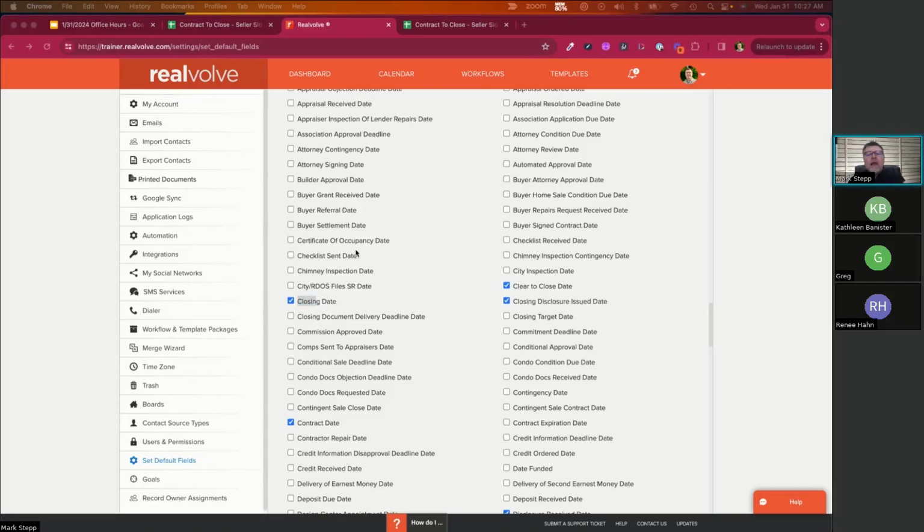If you have dates that aren't checked but are used in your workflow, whenever you start that workflow, it will go ahead and add that date field into that transaction for you automatically, because it knows it needs it. If it knows it needs it at some point, whether you fill it in immediately or not during the workflow, it's very possible that whenever you start the workflow, you don't know the photography date or you don't know something, so you can leave it blank. But if it's used in that workflow, it'll go ahead and add it to that listing or that transaction for you. So that's important. Now,